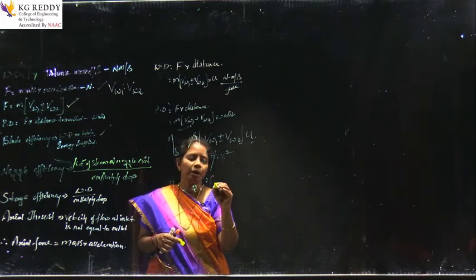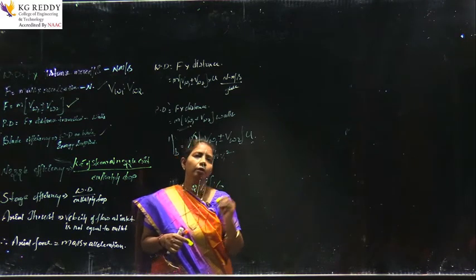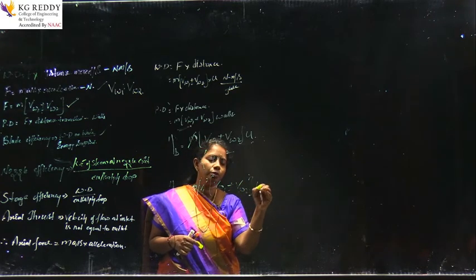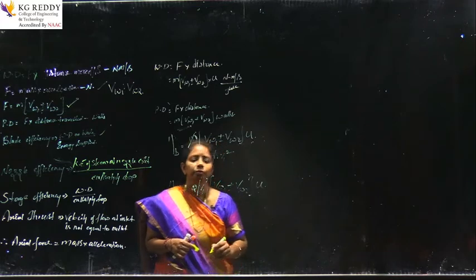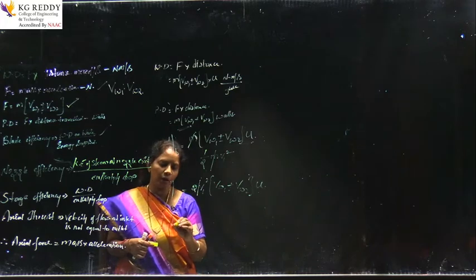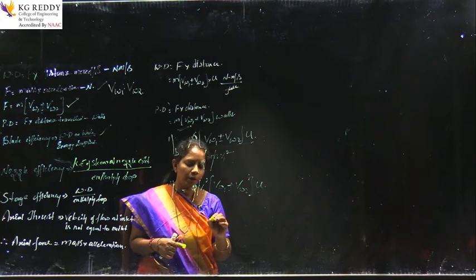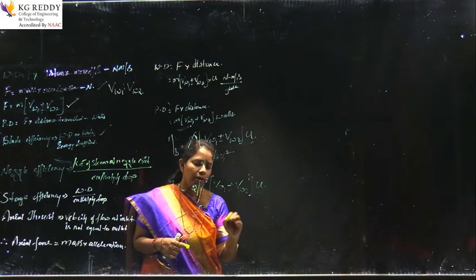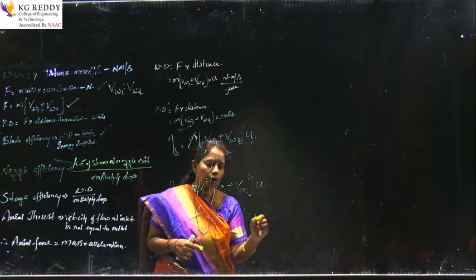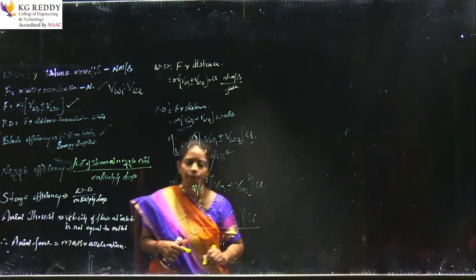V1 square multiplied by Vw1 plus or minus Vw2 into u. This is the efficiency of a blade. Or you can simplify it further and, without any confusion, write it like this: 2 multiplied by Vw1, the whirl velocity at the inlet, plus or minus the whirl velocity at the outlet, multiplied by u, and the whole divided by V1 square, right.